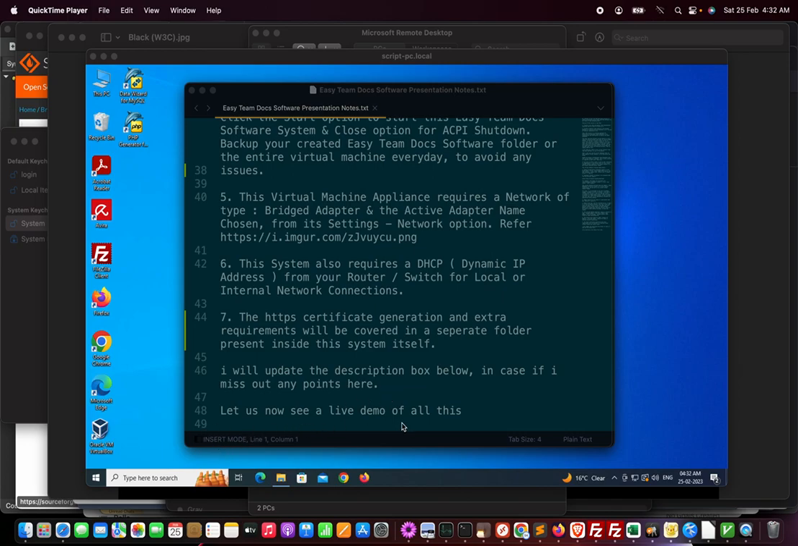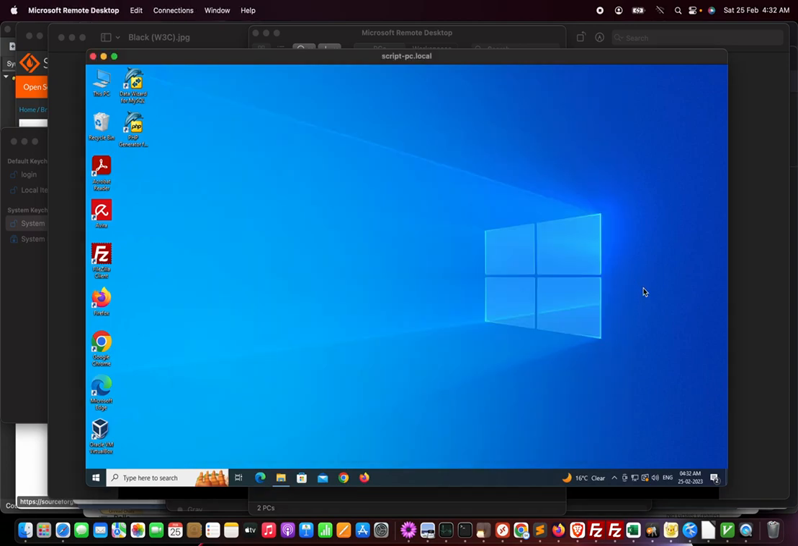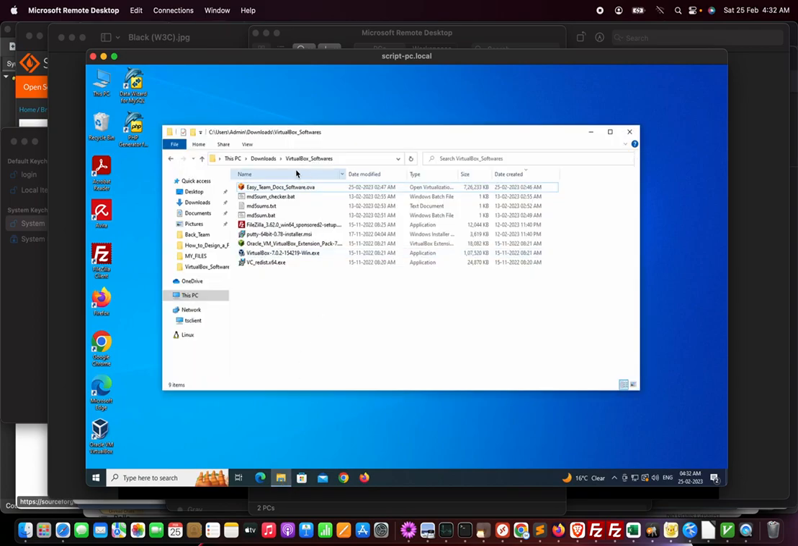Let us now see a live demo of all this. Let's first go to my Windows box. I will take it from the Windows box perspective, and then move on to OS X, Mac OS X, and Linux perspective as well. So first of all, let me open my download folder, in which I have kept a separate folder called VirtualBox